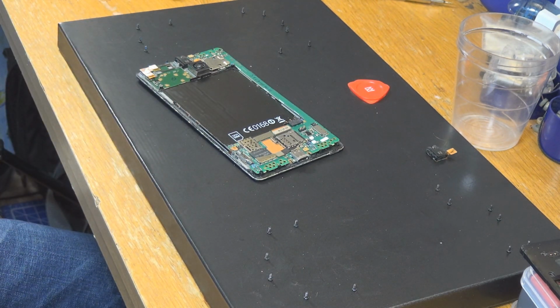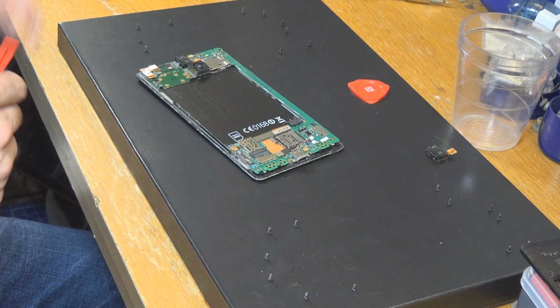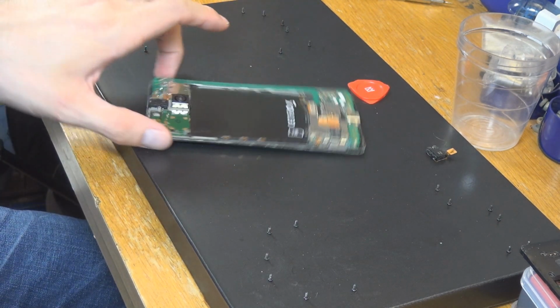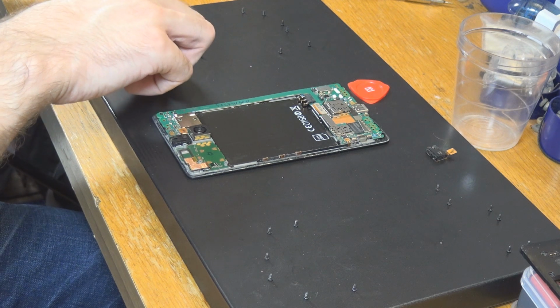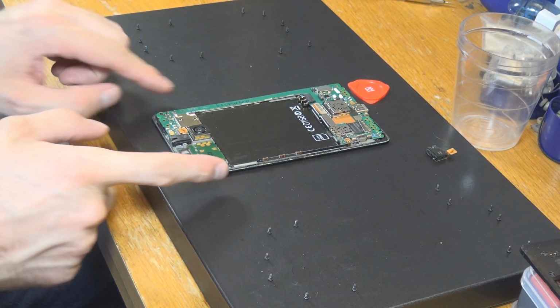I'm going to put that down next to the good screen, more or less, and good motherboard. So what, oh yeah, that wasn't really helpful, but doesn't really matter. So let's try to put them back where they were. Okay, so next thing,